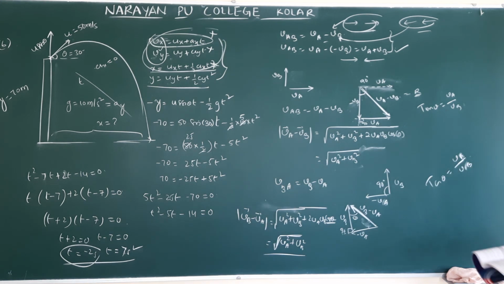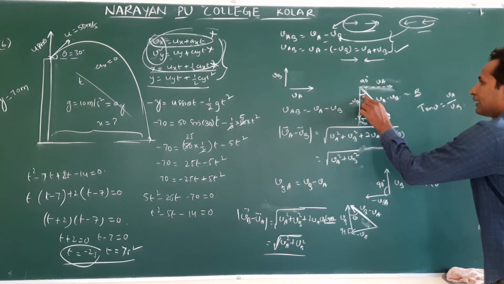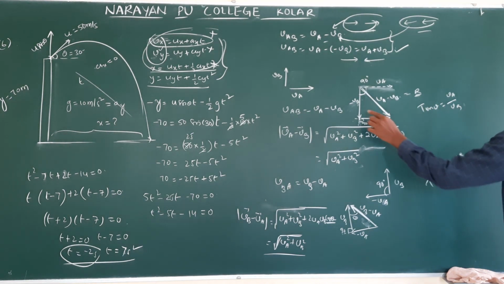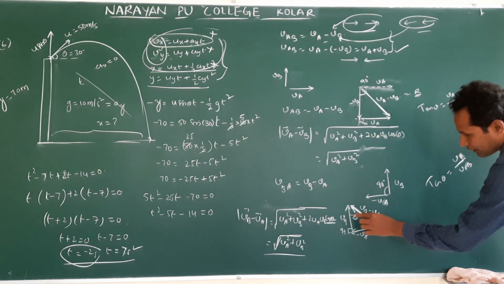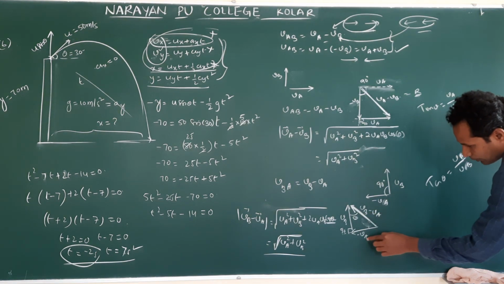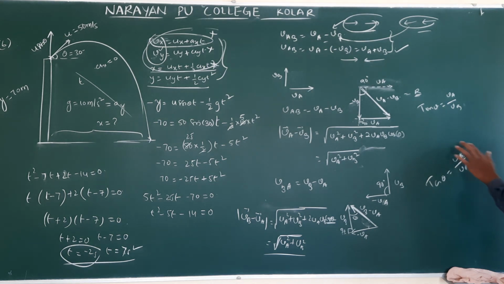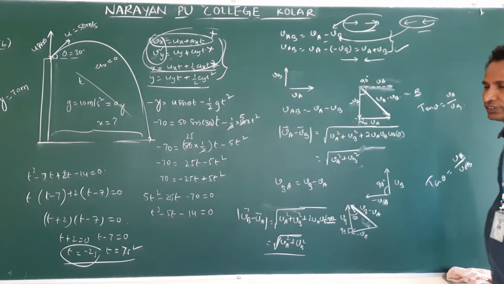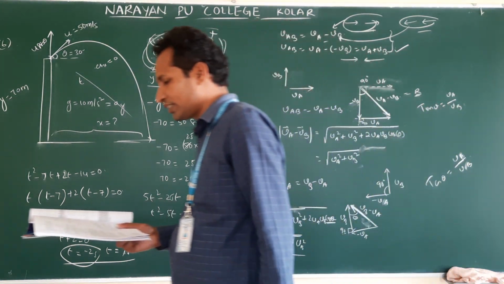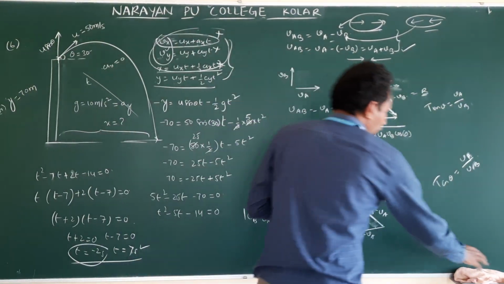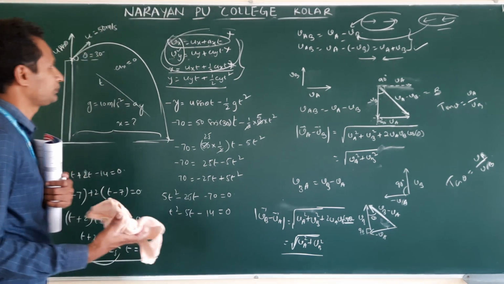Do you notice? Here is the angle with the vertical, right? Then VA minus VB. Opposite side is VA, adjacent side is VB. Here, this is the angle with the vertical. So opposite side VA, next VB. So angle remains same, but the direction changes. Magnitude remains same. And they have given an alternate method, that is in vector form. How do we write? That we will see now.